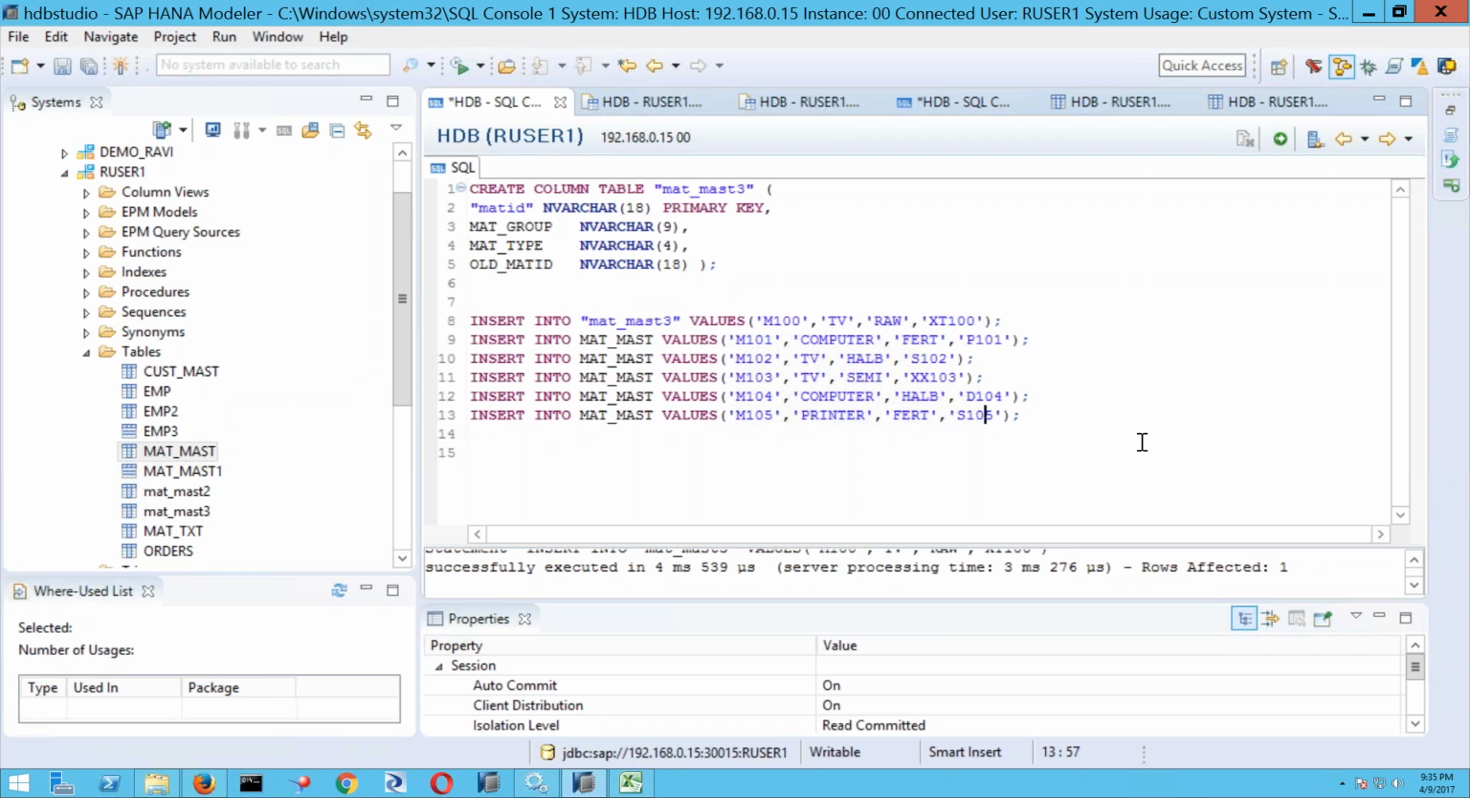But if this particular column is always in lower case, say for example, we have created this as mat ID 3, and if you try to view it as select mat ID from mat underscore mast 3, and when I try to select this, now again you will get an error here,